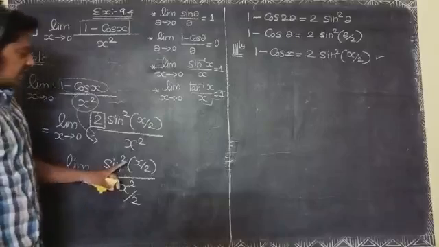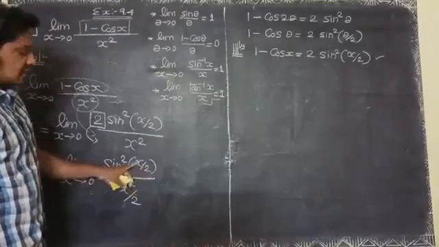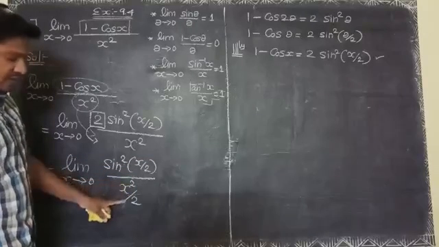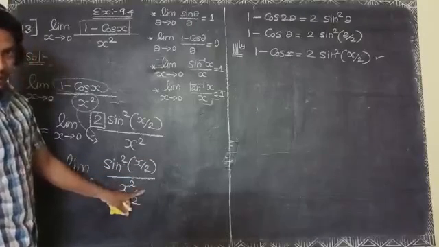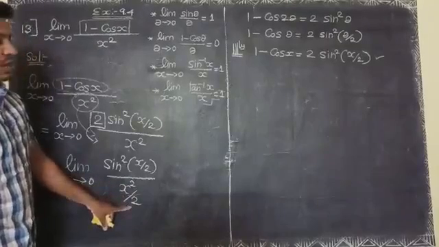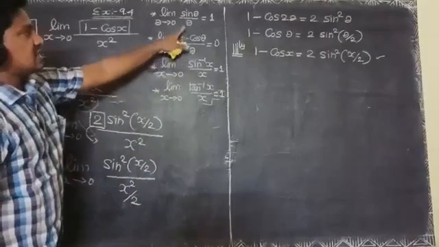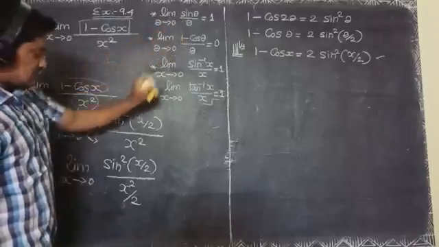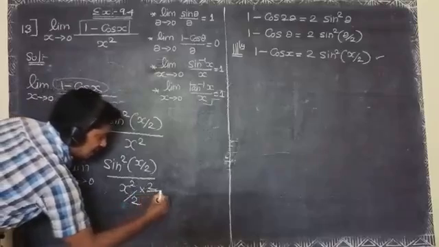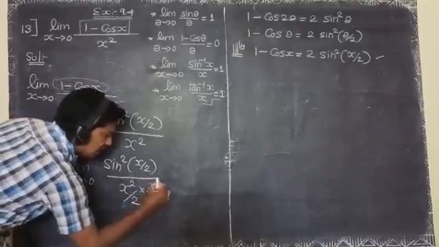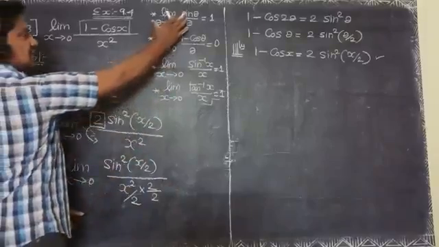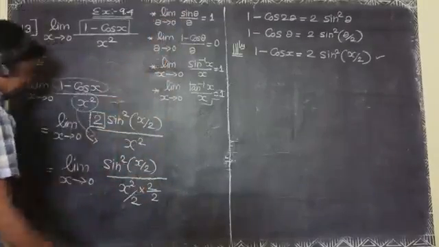In the numerator, sin squared x by 2 means x square divided by 2 square. The denominator x square divided by 2 square is correct, but here x square divided by 2 is wrong. We cannot use this structure. So multiply and divide by 2 in the denominator. We can easily change it to a similar structure. That is